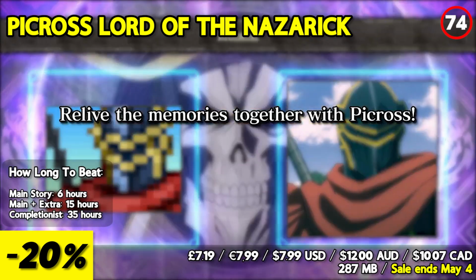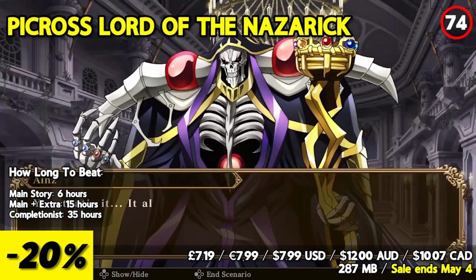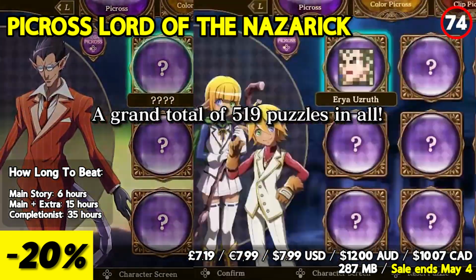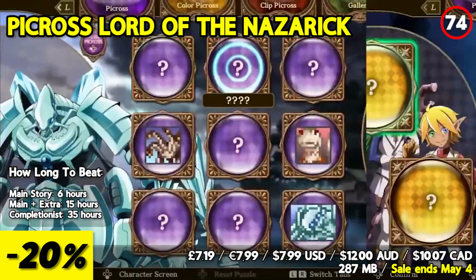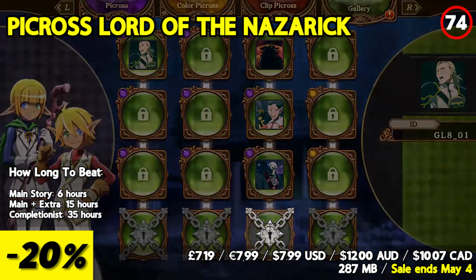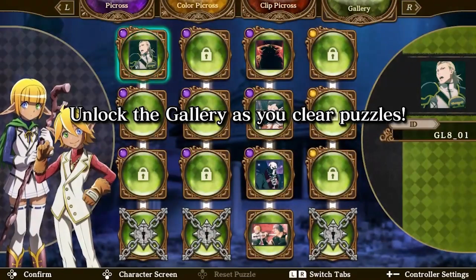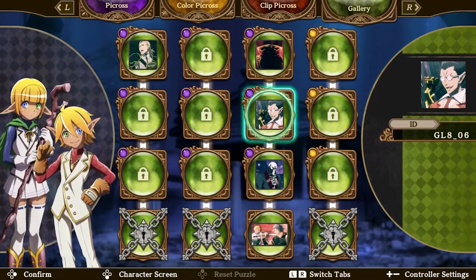One of the game's standout features is its unique blend of PICROSS gameplay and the Overlord series. Players must solve various PICROSS puzzles to progress through the game's story mode, which features characters and settings from the anime. The game's levels are well designed and progressively increase in difficulty, making for a gameplay experience that's both challenging